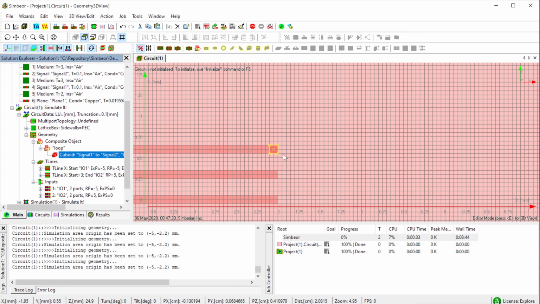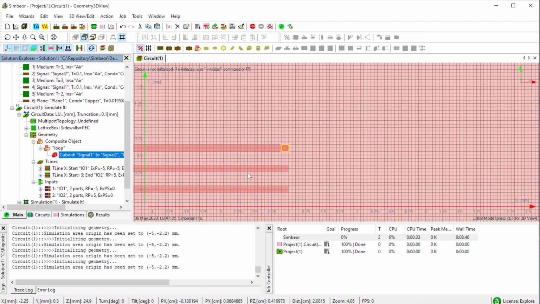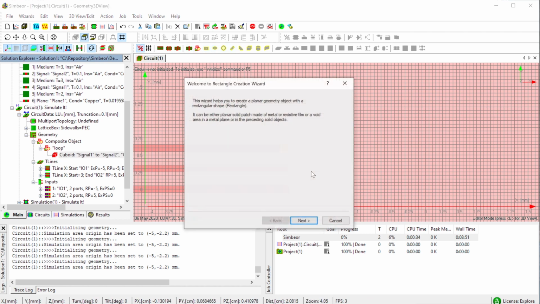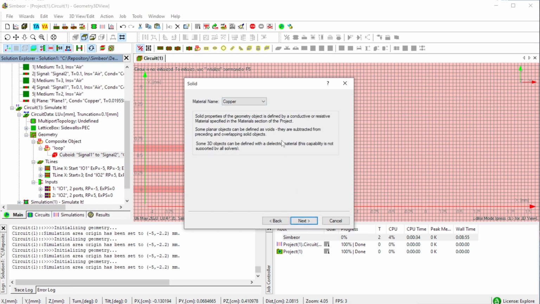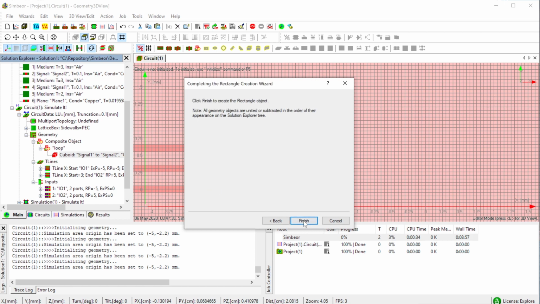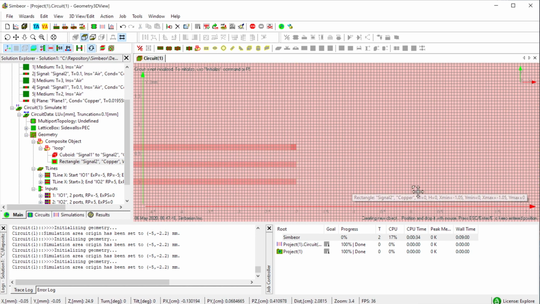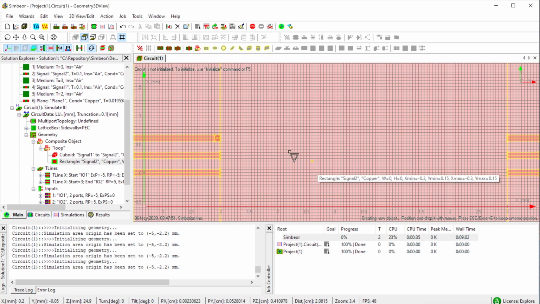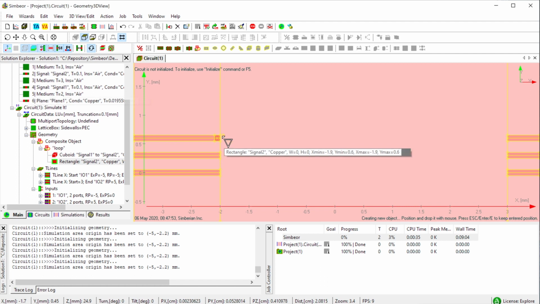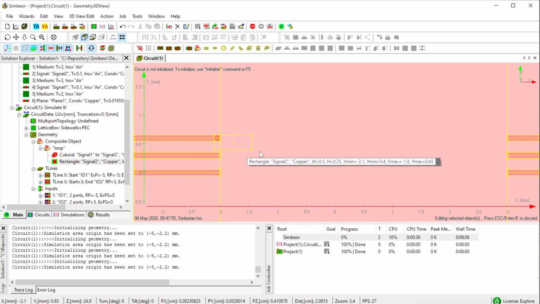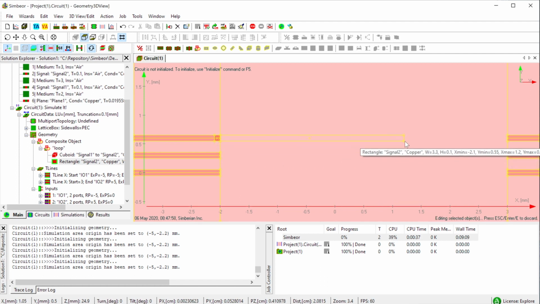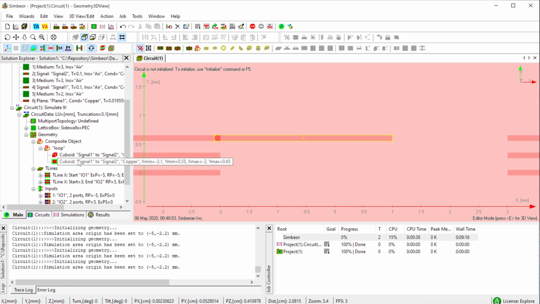Next I need to draw a 3 mm rectangle on top, connection in signal 2, copper. It should be 3 millimeters. Again, I turn it off, up to -2, -1, like this.